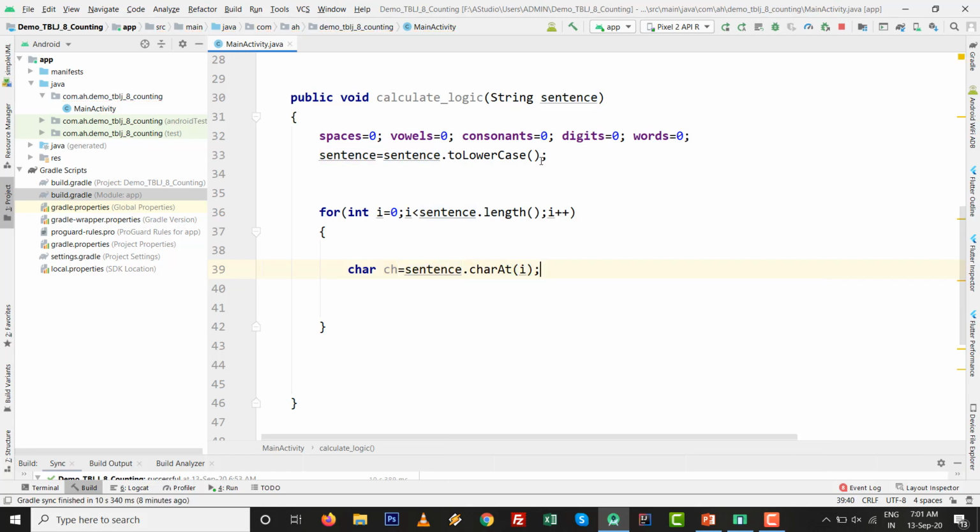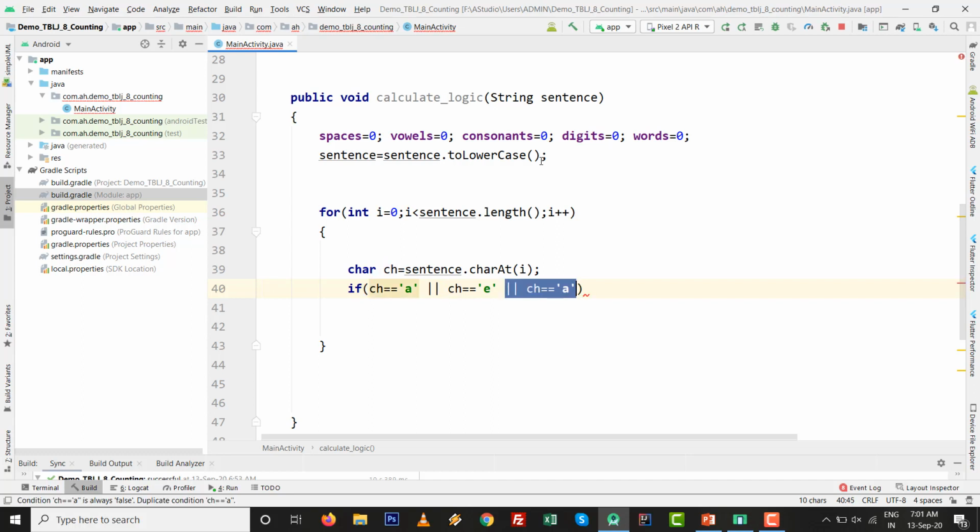So if the character is likewise a, e, i, o, u, then just write if character is a, then pipe sign means or, then if character is e, like just I copy this one, and if character is e, then again we paste it.